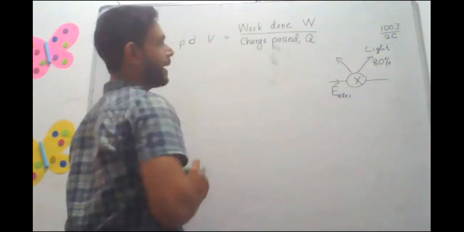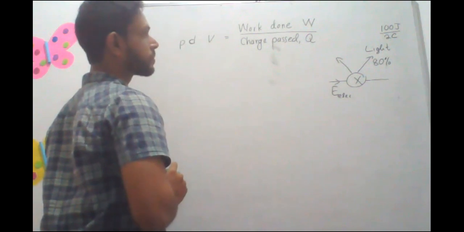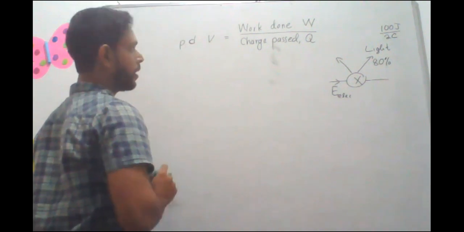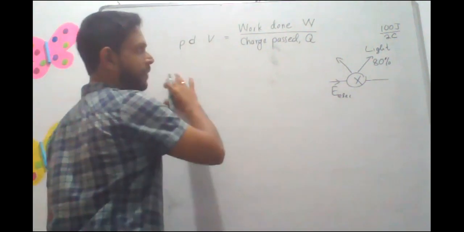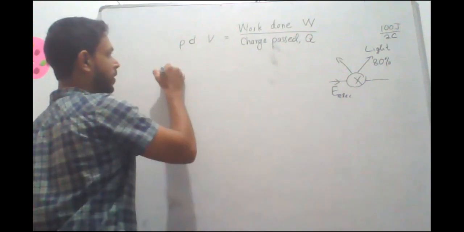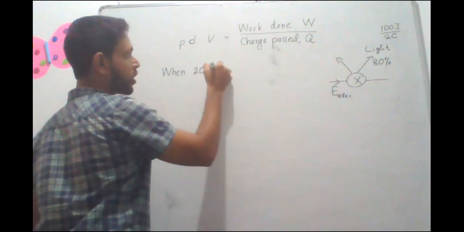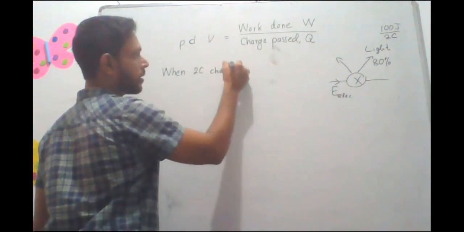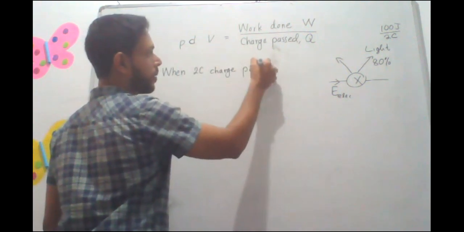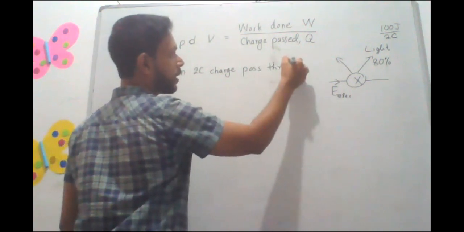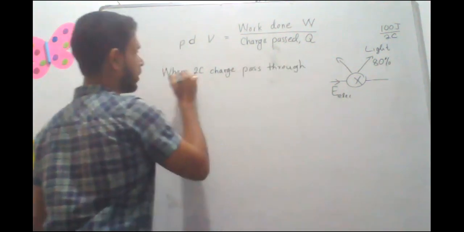So you can take a statement like this: when 2 coulomb charge pass through the bulb,